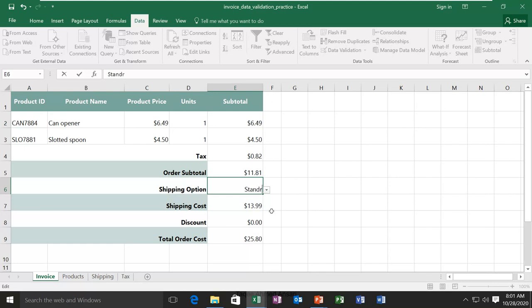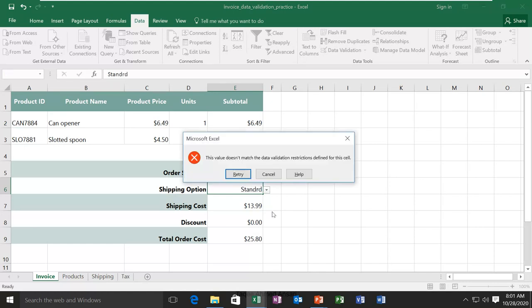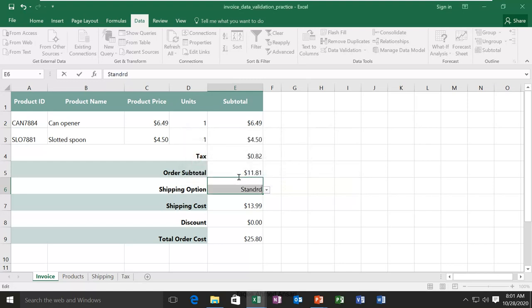If I type a wrong value, it will not take. It says the value does not match the data validation restriction defined for this cell. Retry. If I give the right spelling, it will take that value. If I type wrong, it directly gives me an error.